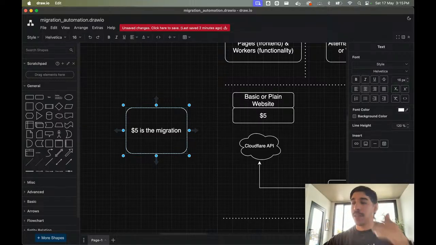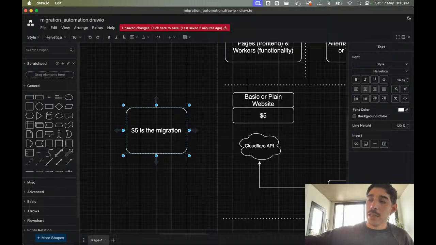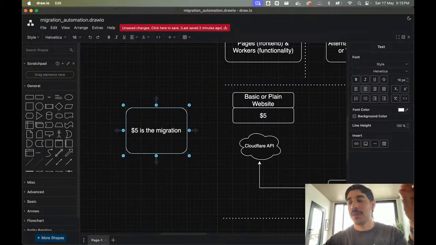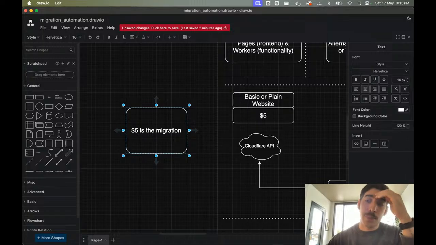Maybe I'm thinking out loud, and sorry for making this longer, but this is my thought process. Nowadays, we have LLMs, which we didn't have in the past.